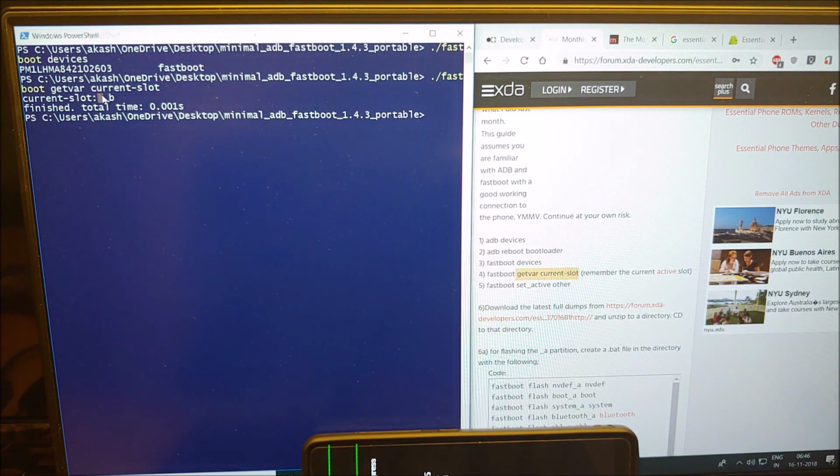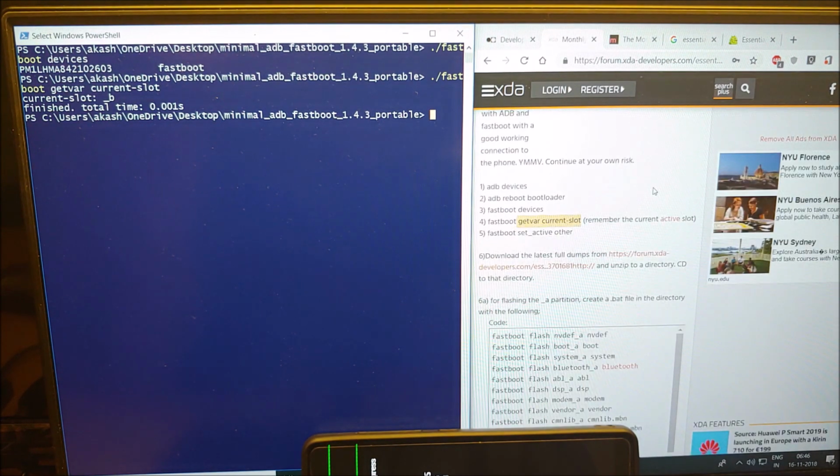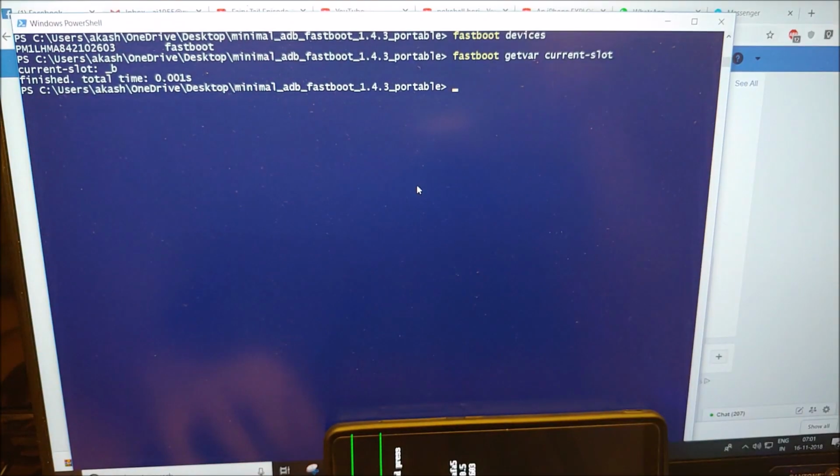So the current slot for us right now is _b, or B, and it just alternates. I've had the current slot be A at times and B at times. I don't know exactly what determines what the current slot is, but based on this you have to do the next move. Right, so once you have the current slot, the last thing you want to do is